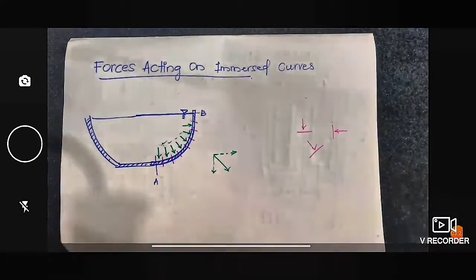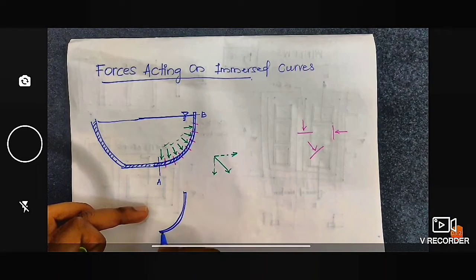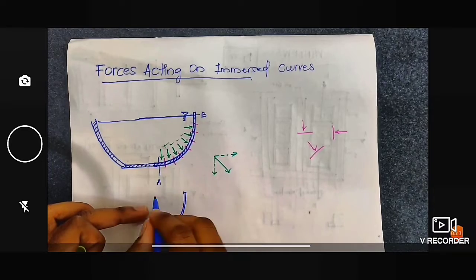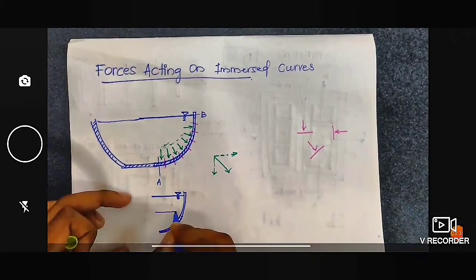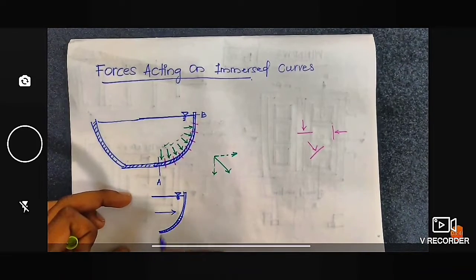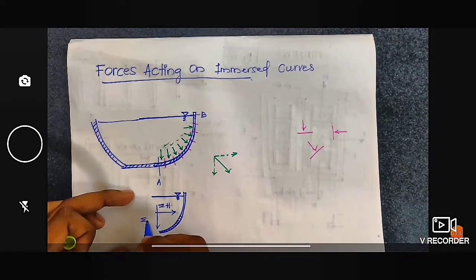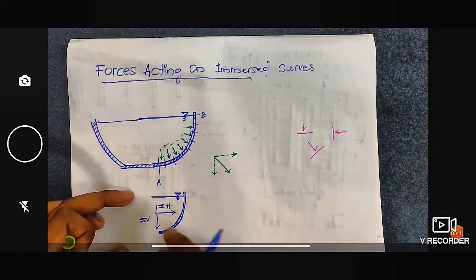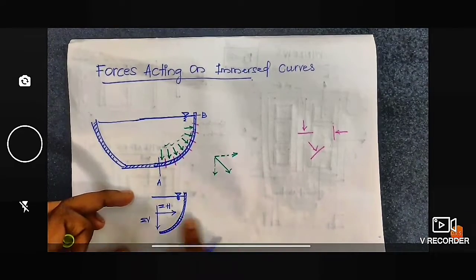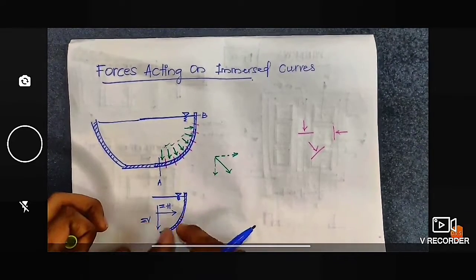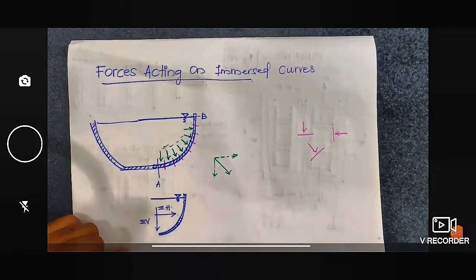So in short, if I take a curve like this, if it is having liquid till a particular height, then I can say that there is a horizontal component as well as a vertical component. Let the horizontal component be sigma h and the vertical component be sigma v. Since this is the curve and liquid is on this portion, the liquid will be exerting a pressure on the curve, so the horizontal direction is towards this. At the same time, you are holding the liquid, so the liquid will be exerting a weight downwards, and that is sigma v. So that is acting downwards, and sigma h is acting towards this direction.